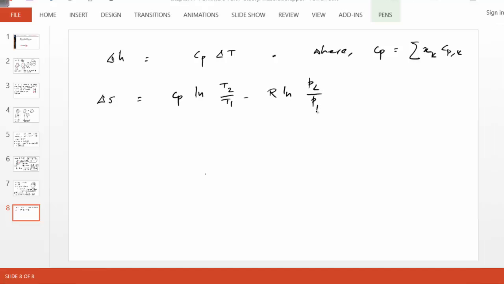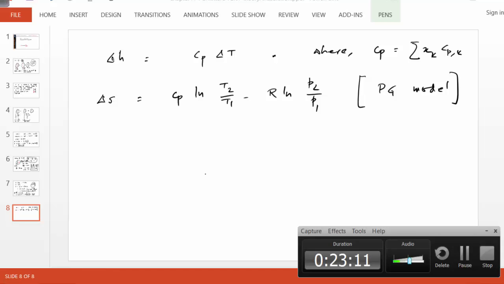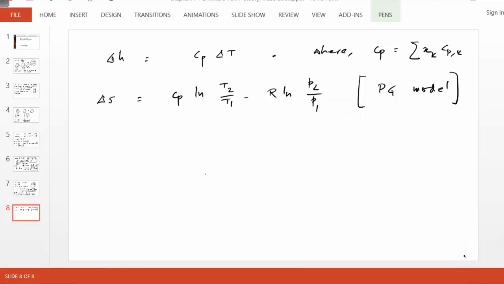That's for a pure PG model. If you go back to the PG model, you can find a formula for change of entropy. But as you can see, because now entropy is a function of pressure, and in a mixture for a given component you have to think of the partial pressure. So that's why the entropy of a component will depend on the partial pressure of the component, in addition to its temperature. So for a pure component K, delta Sk is given by